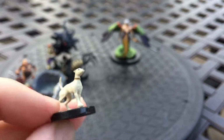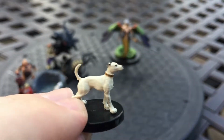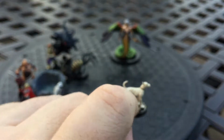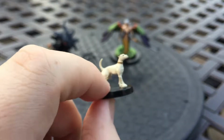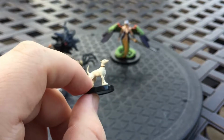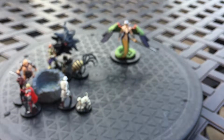This is a dog, and I know people are like, oh, you can get dogs in other plastic, like plastic toys. And you can, but I find it hard to find certain animals to scale, and for whatever reason, despite dogs being popular, even in those safari tubes, they're always a little bit too big. So some of the animals work out great that way, but dogs, I've always found a hard time finding a small enough dog. I stole one from my sister's old doll house